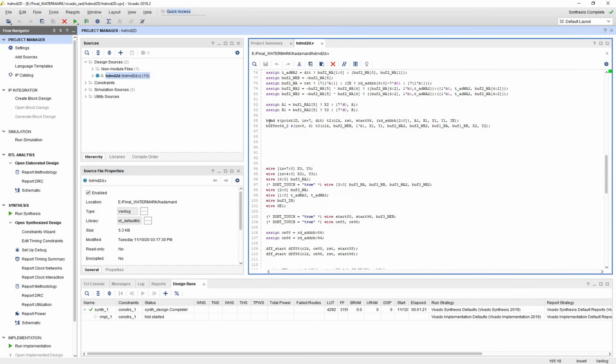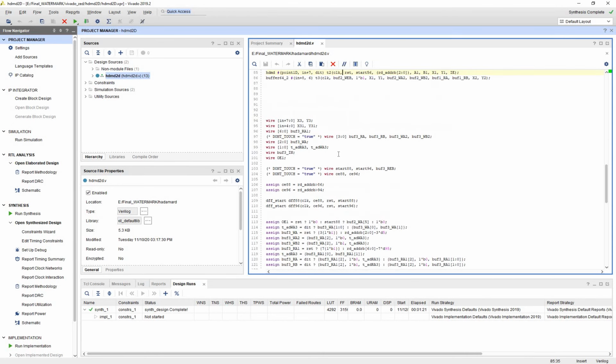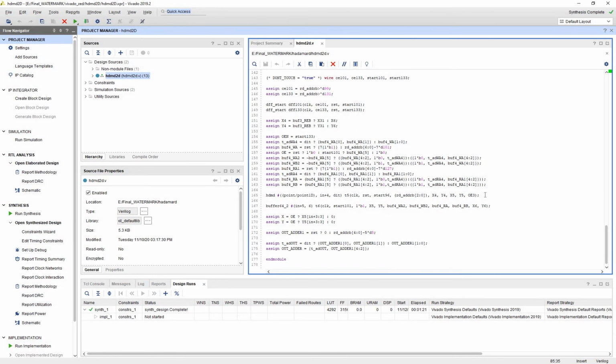One 8-point Hadamard transform module, T2, is used to compute the 64-point 2D Hadamard transform. The module T2 is an 8-point 1D Hadamard transform. Similarly, this T5 module is an 8-point 1D inverse Hadamard transform, which is used to compute the 2D inverse Hadamard transform of 64 points. Once it is completed, the last stage buffer stores the coefficients. Also, it will generate the output addresses with an output enable signal. This output address is used to store the output signals in the proper order.